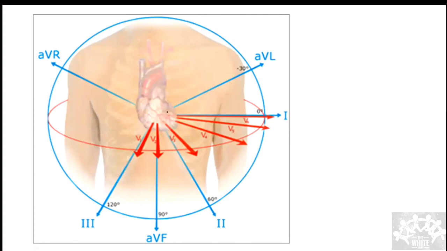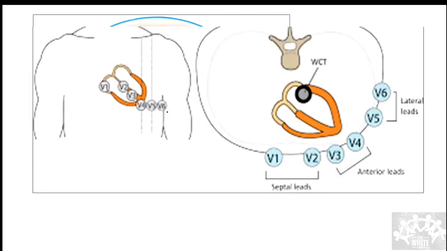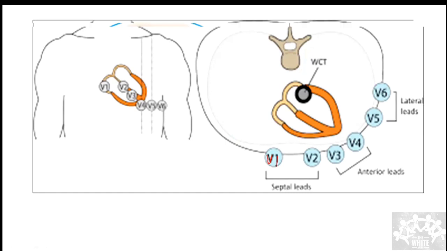The next thing is how the precordial leads are placed. You place V1. We'll see the position where you should place, because I'm sure most of you will become interns, or in residency there is a shortage of staff nurses, or they become busy and you'll be asked to take an ECG. So you should know this because it gives you tremendous information about the heart.